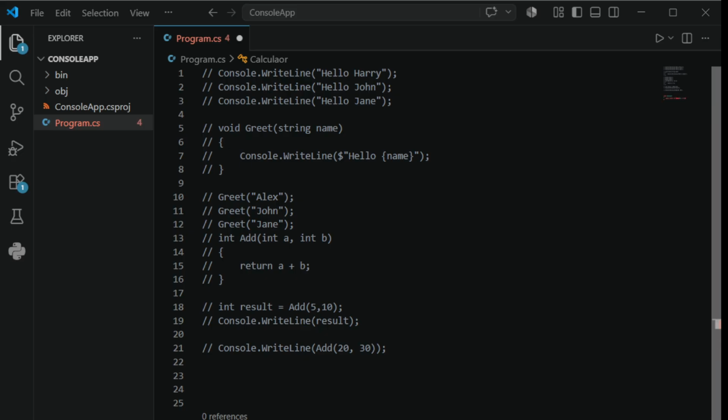Public static int Add(int a, int b) { return a plus b; } public static